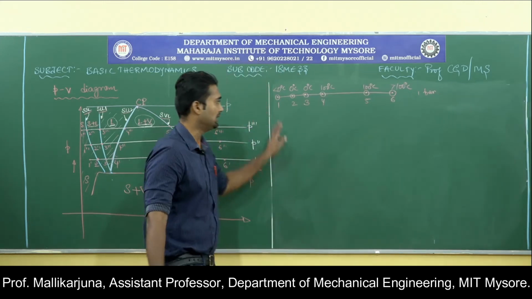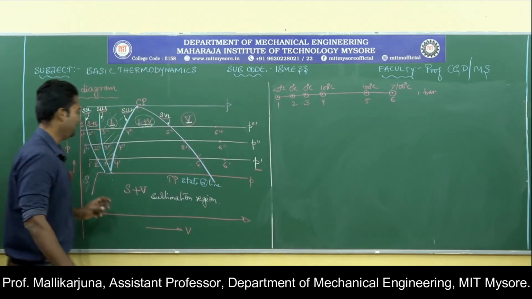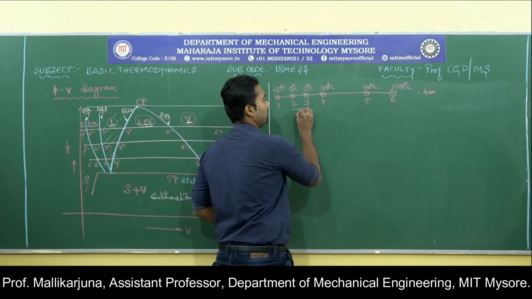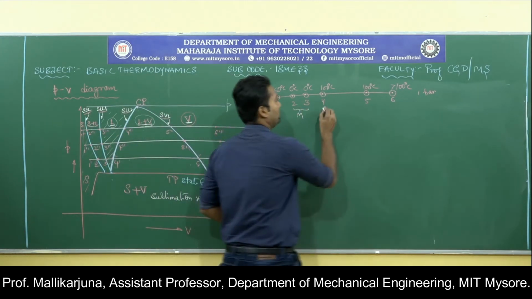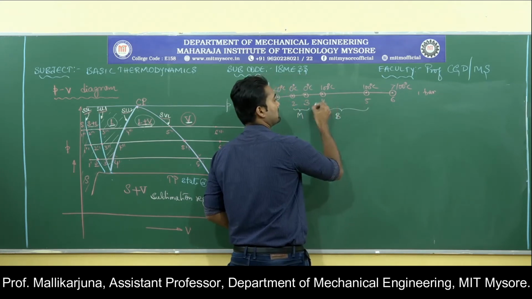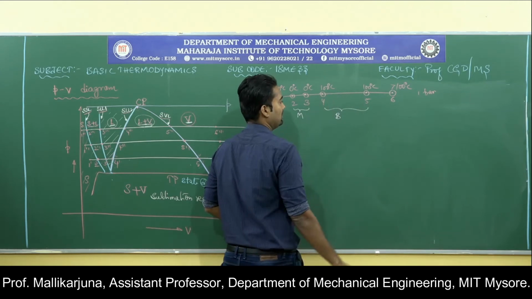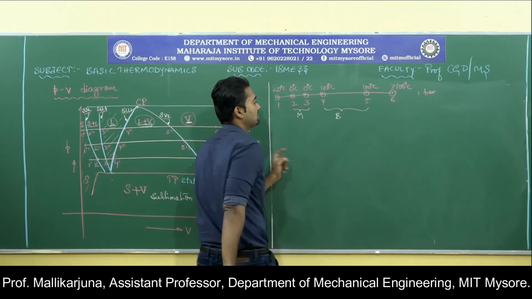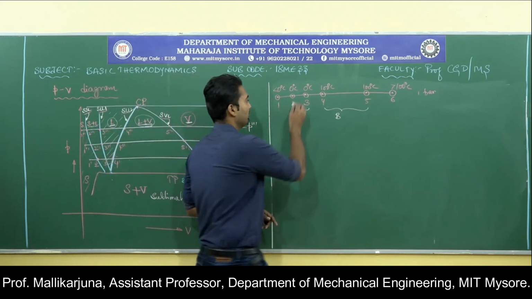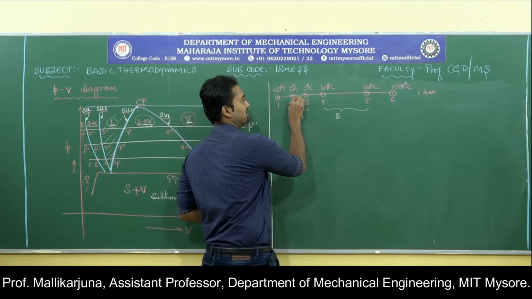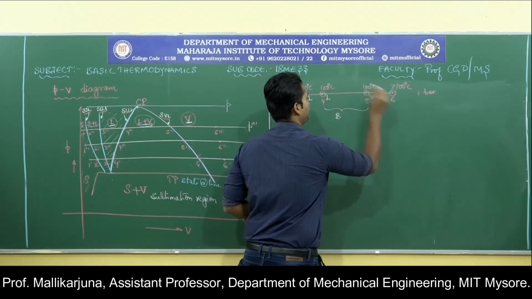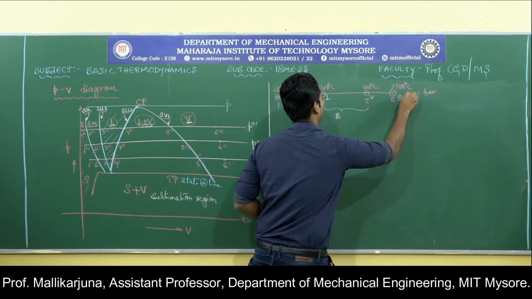Okay, let us look at the other aspects now. We know if we move from point 2 to 3, let us look at this. Point 2 to 3, the melting is happening. From point 4 to 5, the boiling is happening. If I move in a reverse fashion from 5 to 4, it is nothing but condensation. If I move from 3 to 2, it is nothing but solidification. So now, here if I write the phase of substance: solid, this is liquid, liquid, vapor, superheated vapor,